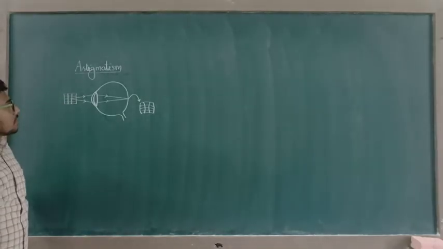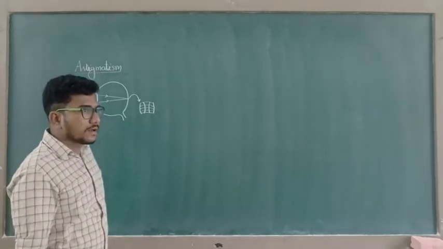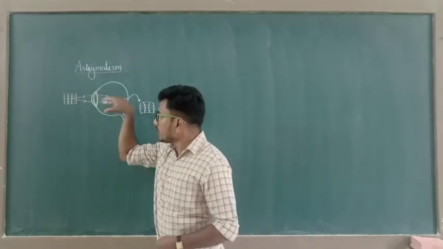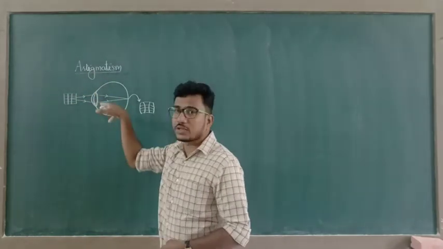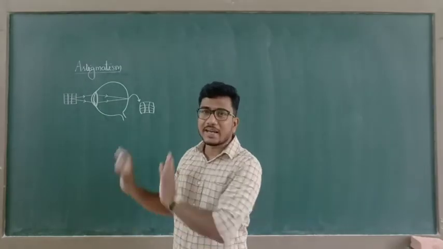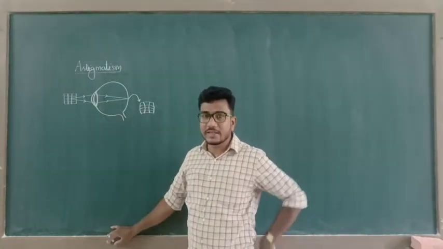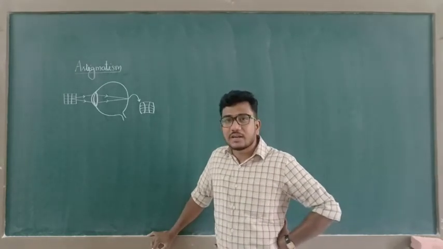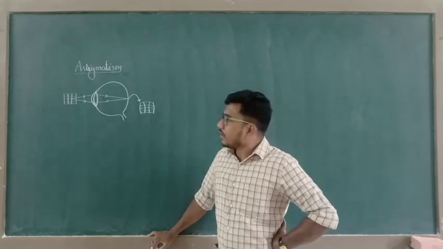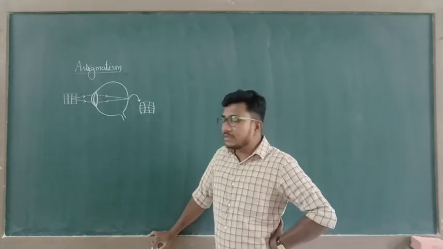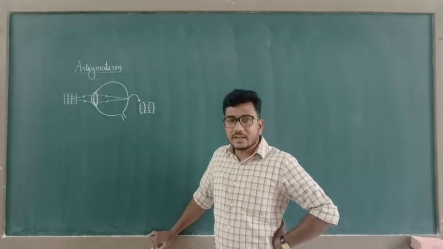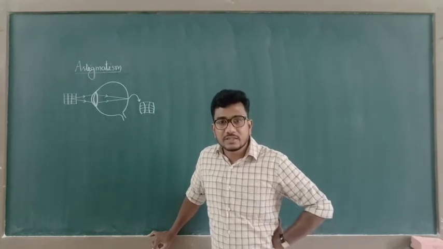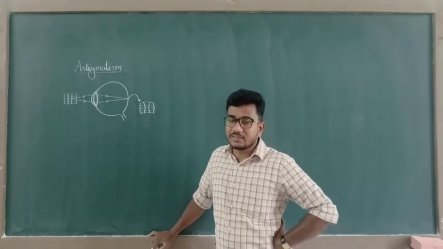That means a person with this eye defect cannot simultaneously view both the horizontal and vertical views of an object with the same clarity. You just observe these two diagrams, you will get the idea. So this type of eye defect is known as astigmatism. And this astigmatism is corrected by using a cylindrical lens of suitable curvature and hence focal length, by introducing this cylindrical lens in between the object and the eye lens.